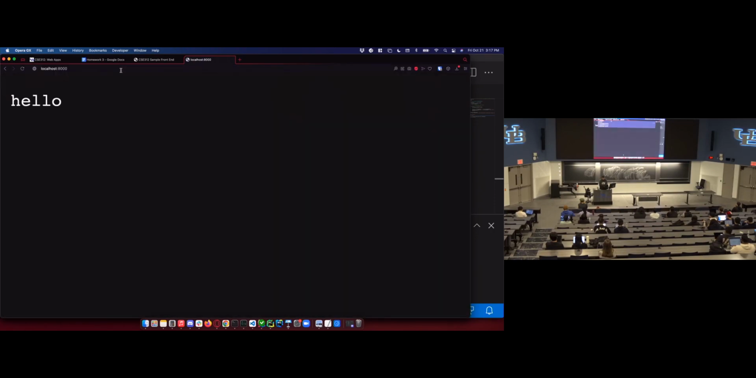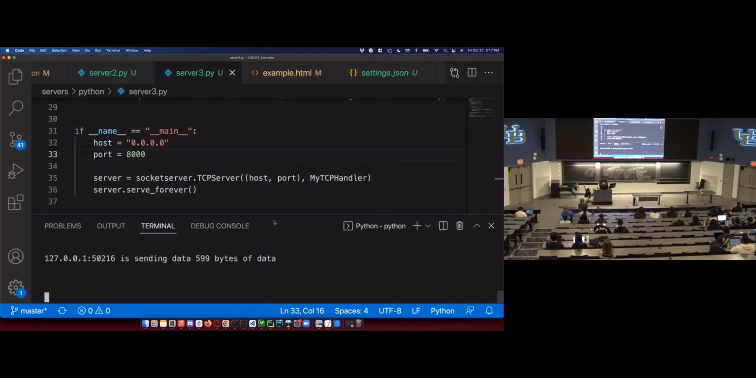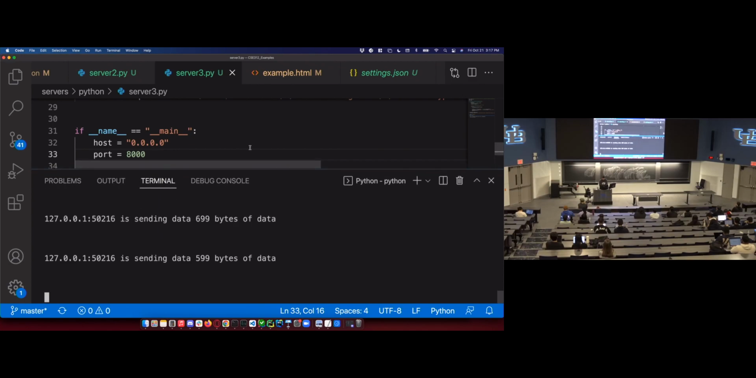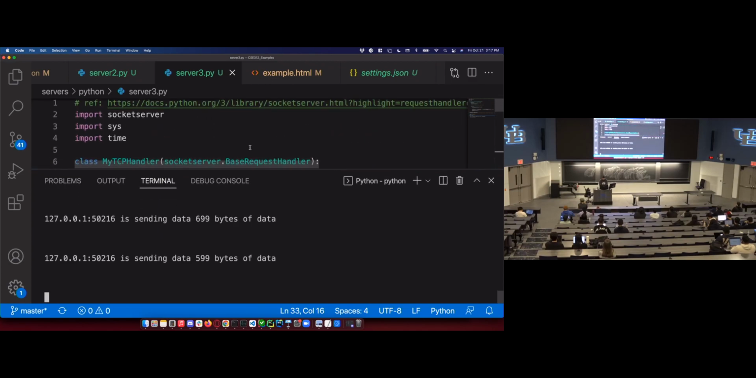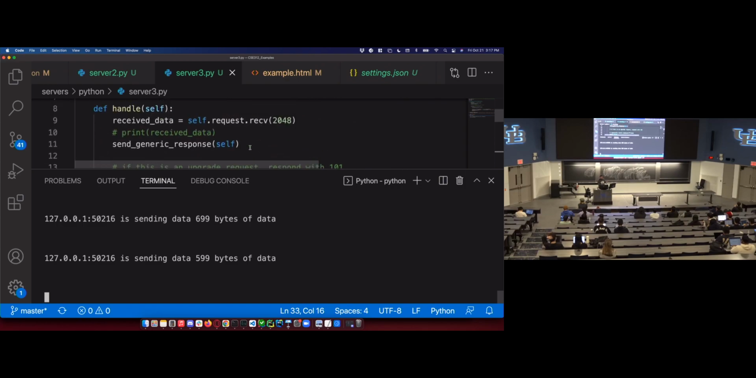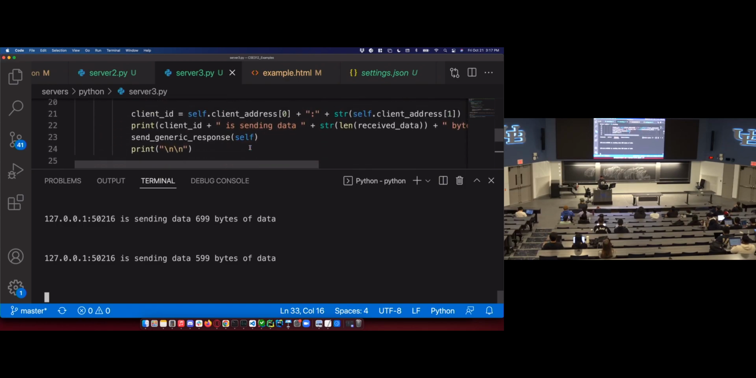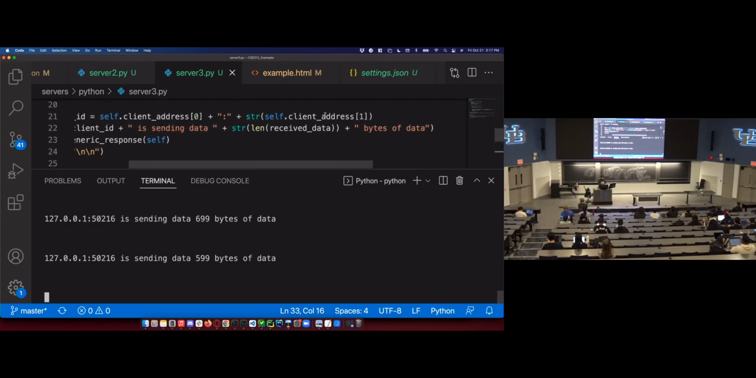Okay, now I'm going to send 3 requests. Let's send 4 for good measure. Going back to Visual Studio Code. And I'm getting the client, which the host will be localhost, of course. But I'm reading this client address 0. This is going to be the host. That's localhost